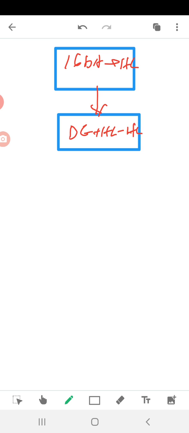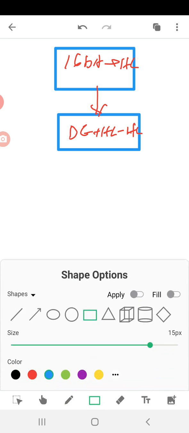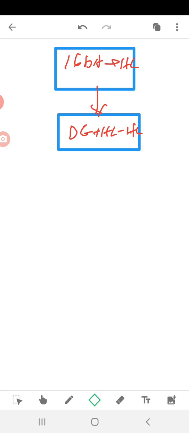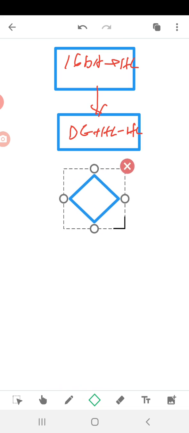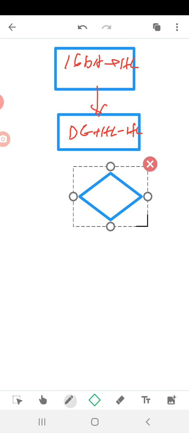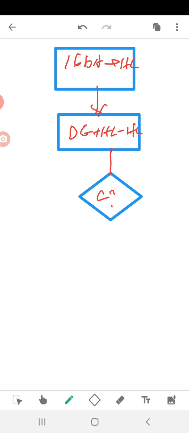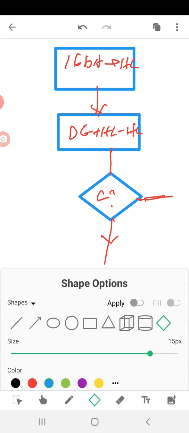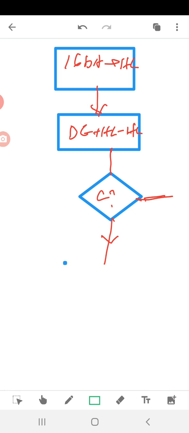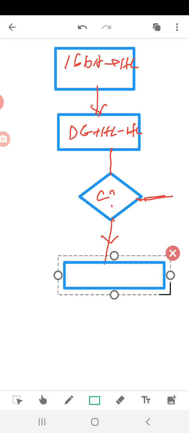After addition, we have to check whether any carry is present. If there is any carry, we have to increment the content of the accumulator to indicate the carry. So we will use this block to check the carry. If carry is there, we will increment the content of the accumulator. If there is no carry, then directly we will copy the content of the HL pair into